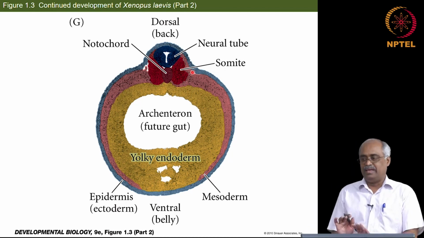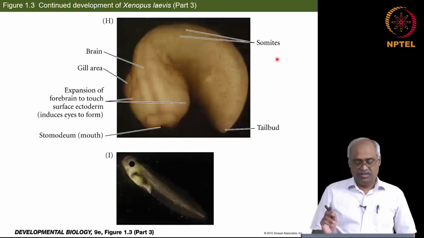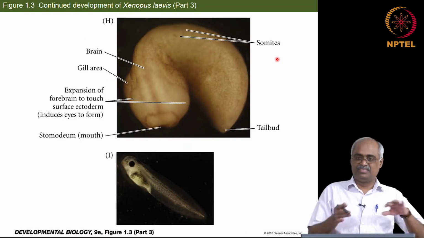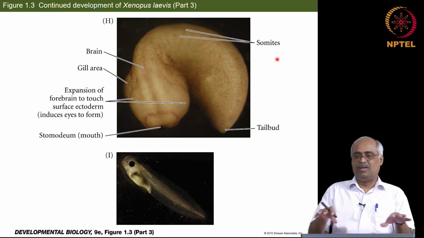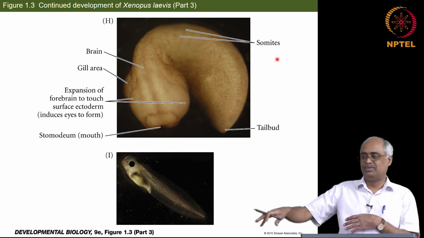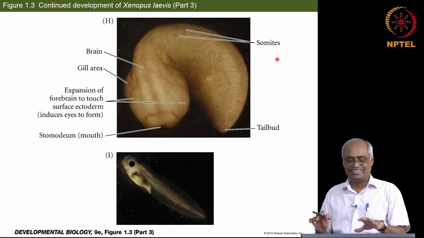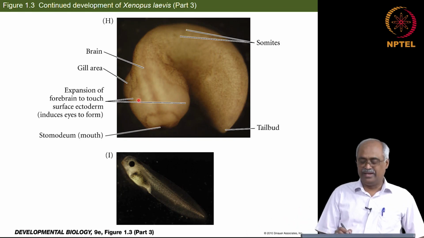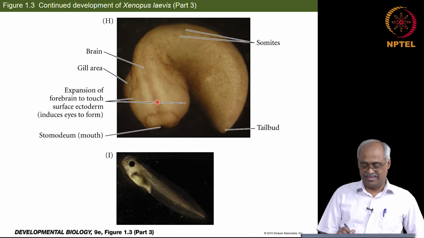Alright, so this is the end of the gastrulation. At the end of which, this is the structure you get after gastrulation. We are giving up a lot of details, because that is what we are going to learn in the rest of the course. So this is just a summary. At the end of that you have, this is one end of the neural tube. So that is the head, and these forebrain projections are the ones that are going to induce the eye formation.